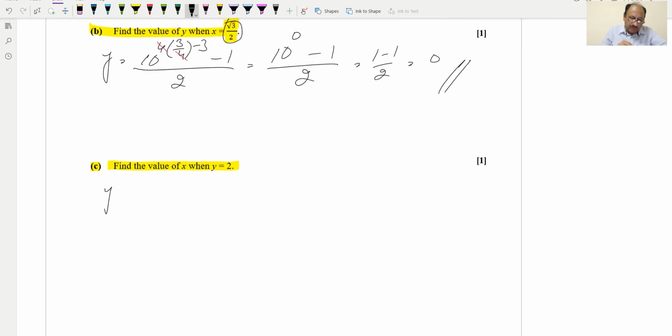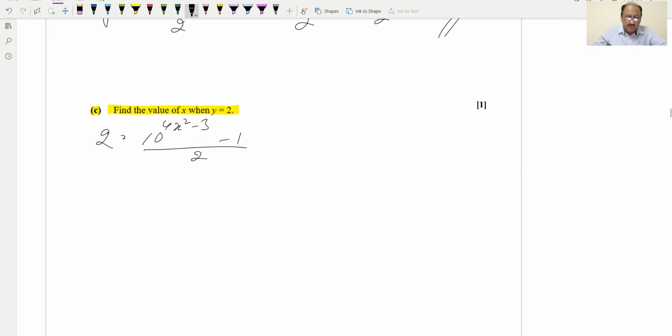So we will write y is equal to 10 raised to the power 4x squared minus 3 and minus 1 divided by 2, and this y we will be replacing by 2, and we can write here 2, and this 2 also we can shift to the other side, and it will result in 4 is equal to 10 raised to 4x square minus 3 minus 1, and this minus 1 also we can shift to the other side, and this will result in 5 is equal to 10 raised to the power 4x square minus 3, and further we can take log on both sides. If we take log on both sides,